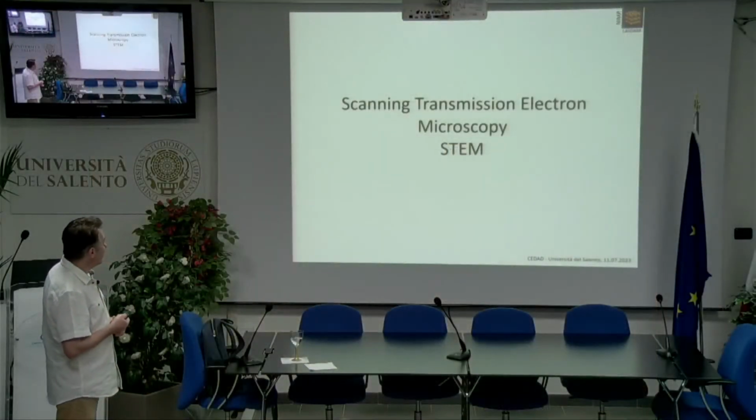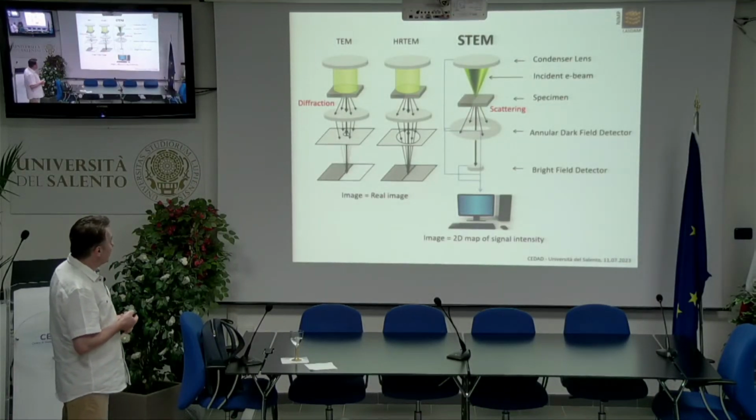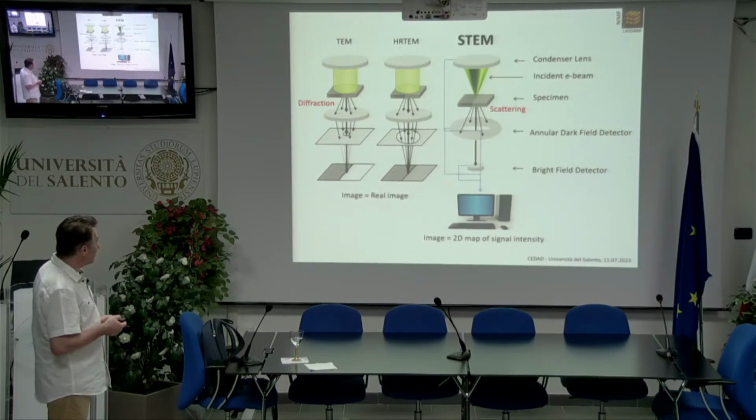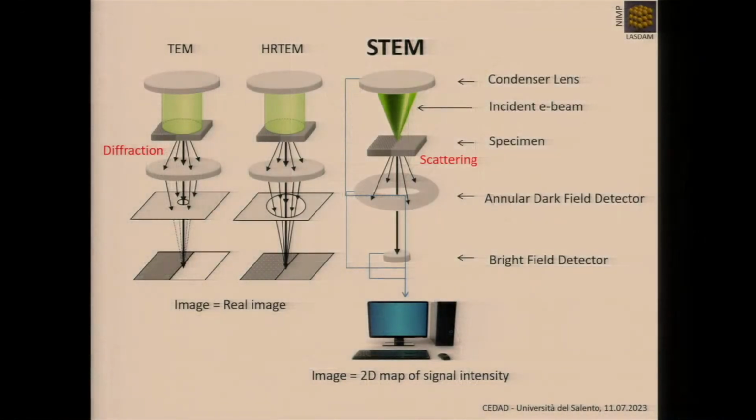Something about scanning transmission electron microscopy. We are in yet another configuration of our instrument. This time the beam is not parallel as it was for TEM and HRTEM. Now the beam is focused into a tiny spot onto the surface of our sample, and then it is scanned across the sample,